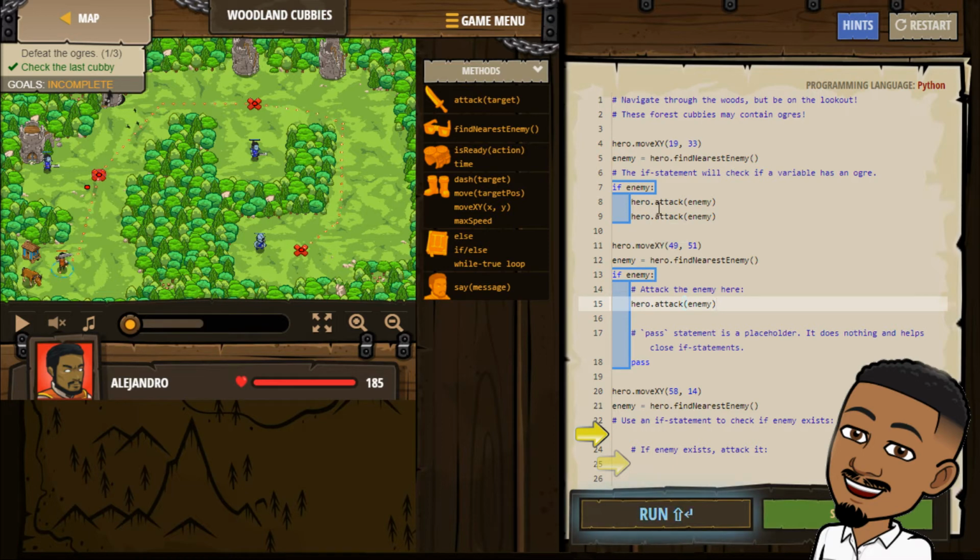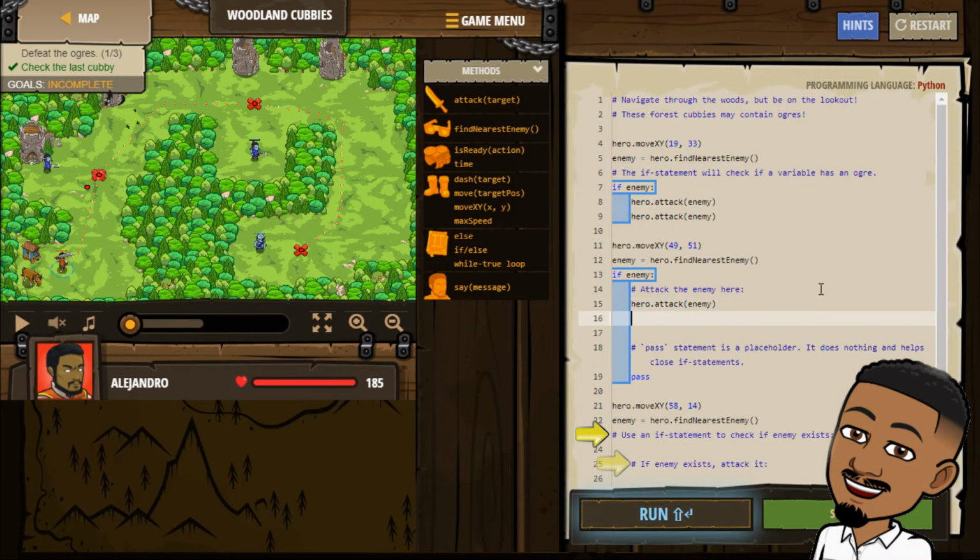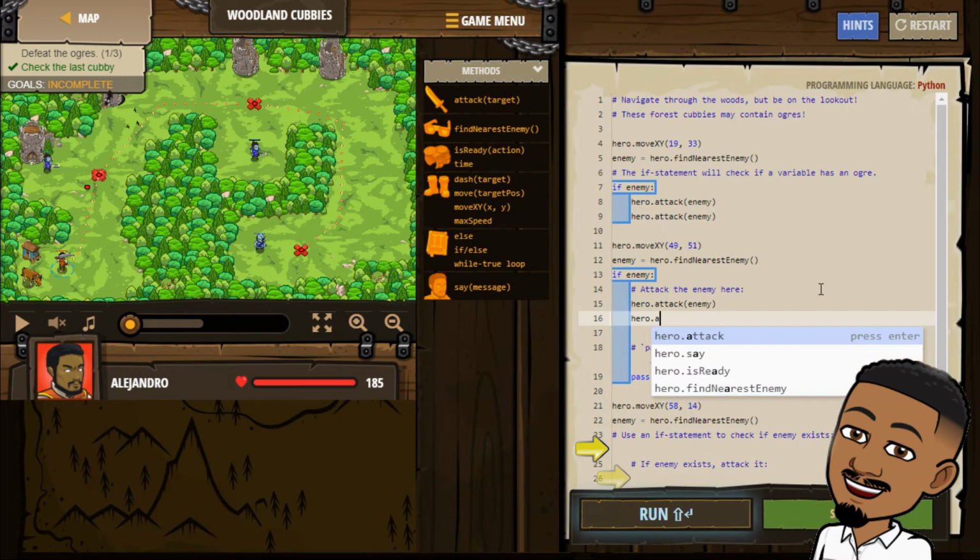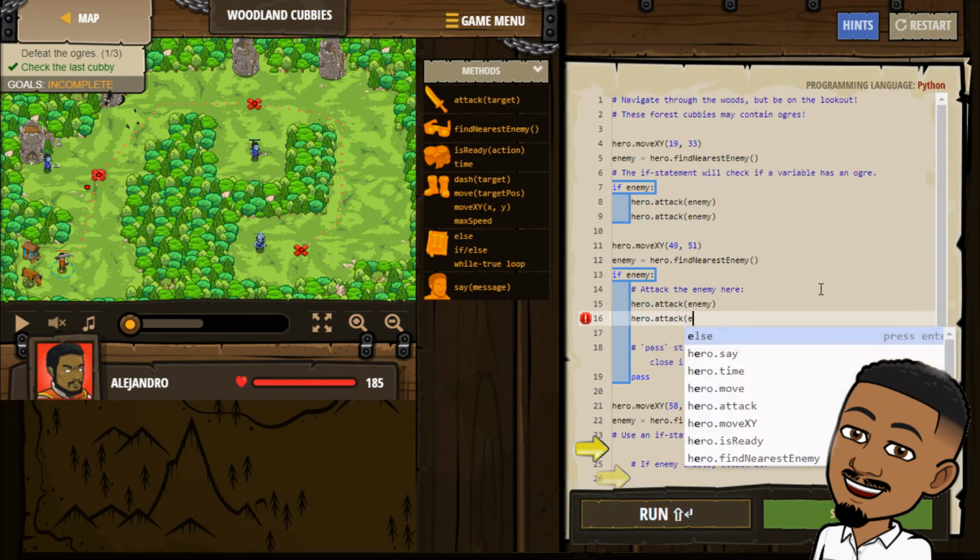So if you put your variable as, let's say, hamburger, and that's the name of what equals hero find nearest enemy, you'll put that name inside the parentheses. So right here, we'll put hero dot attack, and it will put enemy, that's the name of the variable,